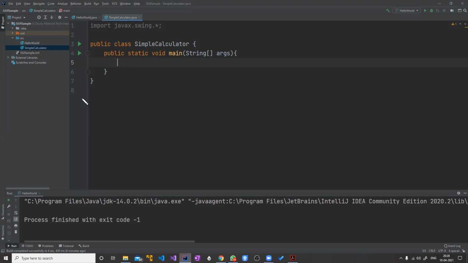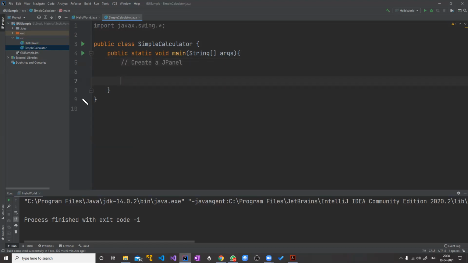So the steps which we have to follow in such programs are what? You have to first create a panel, which is called JPanel. So let us write that itself. That should be the first step. Second, you have to place your UI elements, for example, a text box or a button or a label, in different places.